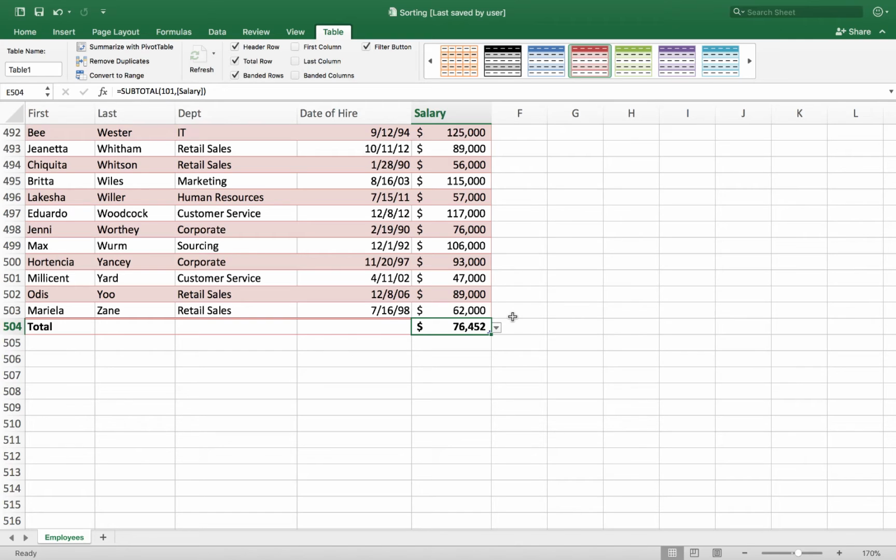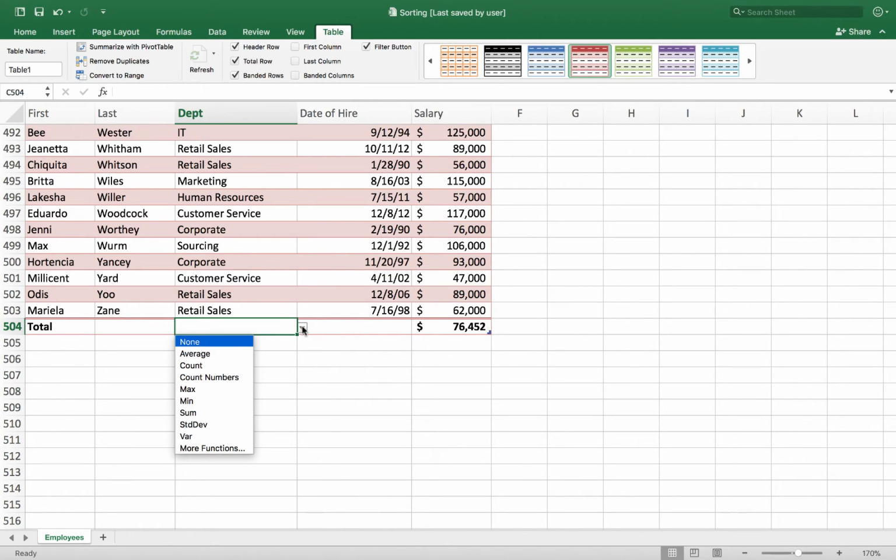And you can also do calculations on other columns than the last column, you guys. So, for example, I want to get a count in the department column. I'm going to go to the department column and click in the total row. I get a little drop down in that column. And here I'm going to say I want to get a count of how many items I have. So I'll choose the count function. Cool, it tells me I got 500 people up there. Okay, so I'm doing some really pretty powerful analysis without having to write any formulas. I'm just hitting a few check boxes and drop downs, right?